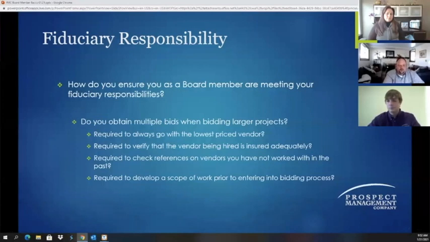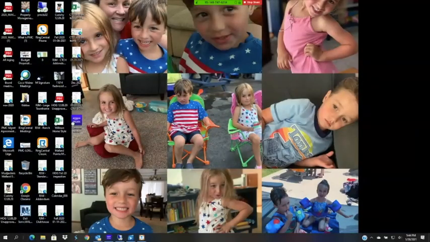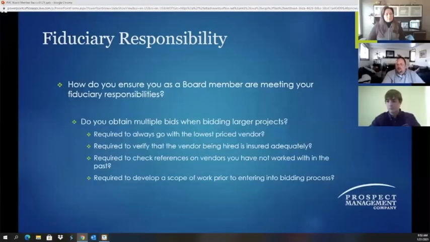And most importantly too, when you put things out to bid, make sure you have a scope of work regarding what it is you're going to be bidding on, whether that's painting, asphalt, etc. Because what painting means to property manager Mike Leach could be completely different than what painting means to Joe board member. For instance, your idea of painting could be that it's 2 coats of paint, that they power wash the building, that they replace rotted wood, that they include the soffits and the trim. And to me, painting could mean that they're doing 1 coat of paint, scraping off loose paint, and spot priming. So it's always good to have this scope of work when you're getting into the bidding process. And it's just going to further help doing what's in the association's best interest, therefore meeting your fiduciary responsibility.